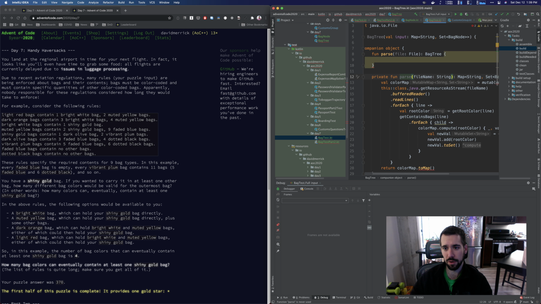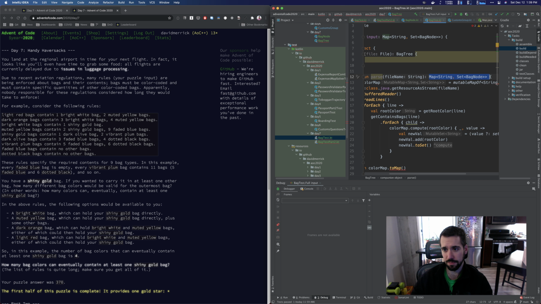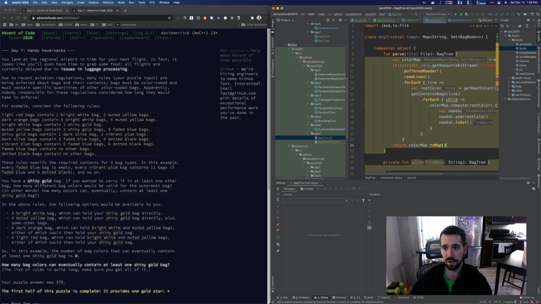Oh, I see. So parse the file. I think we can factor this into a single method. So we're going to add a bag tree, and then the file. We can just go, I mean, yeah, I'm essentially just going to copy this here, and then paste it into here. And then this file is going to be,